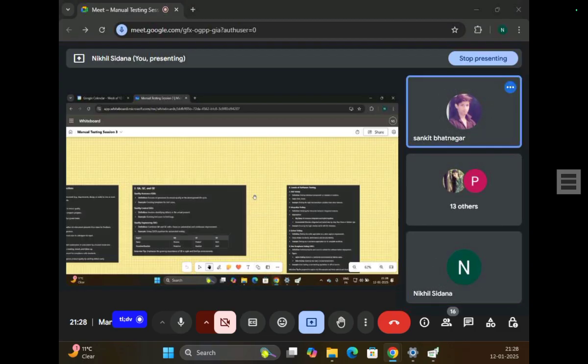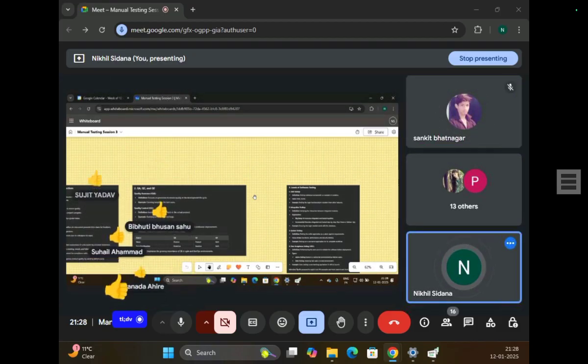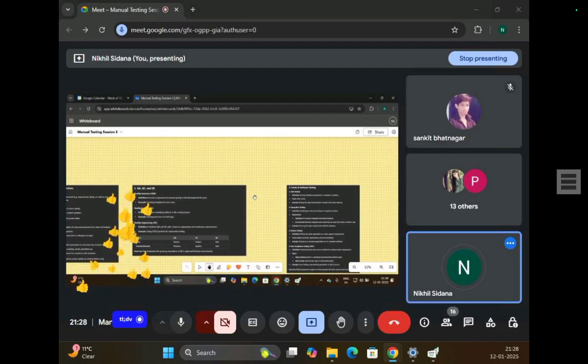Give me a thumbs up, guys, if you understood the house structure. Now with this example, which I guess was very good, you're going to feel it is very simple to understand the levels of software testing. So now let's discuss levels of software testing.